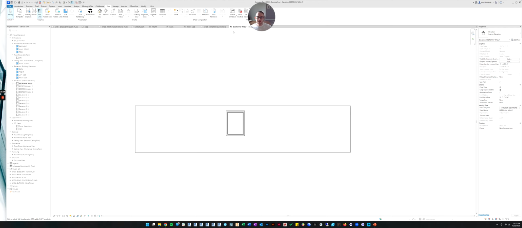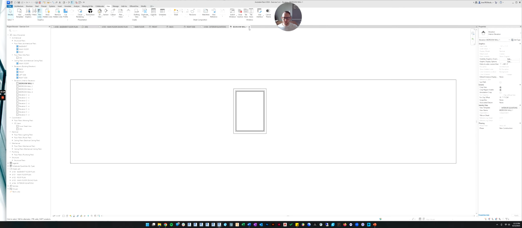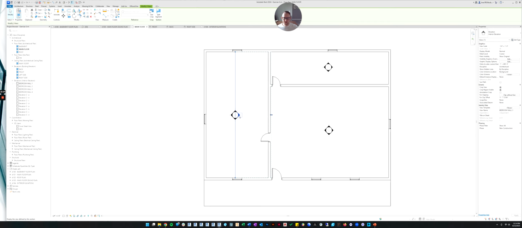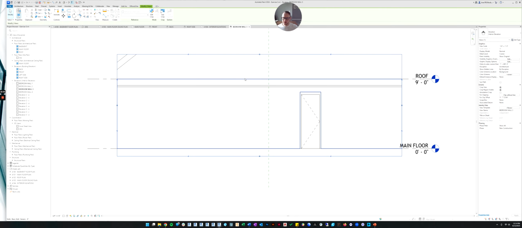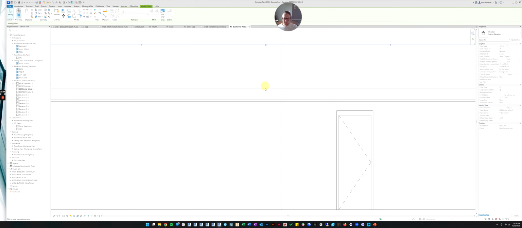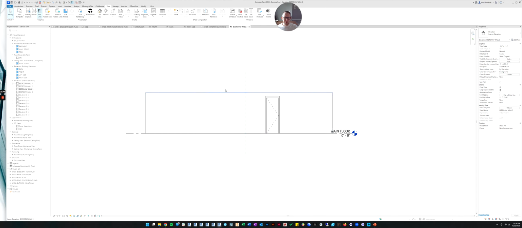So we've done one interior elevation so far. So let's get in there and do more. So we did this one already. I believe that's the one we were doing. Yep. So let's do this one next. Let's double click on it. Let's find the top and the bottom. So we want it right on the bottom of the ceiling and we want it right on the bottom of the floor. Okay, but now we need to hide the reference plane and we need to hide this floor level.